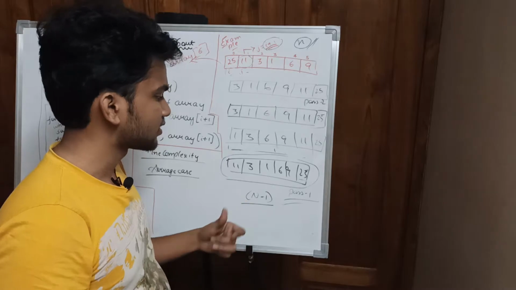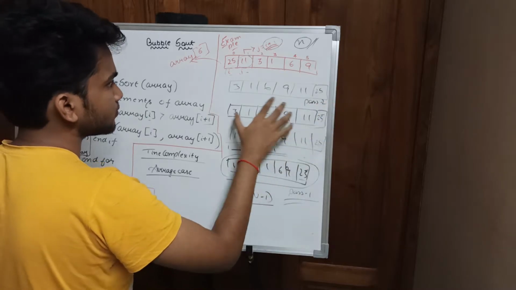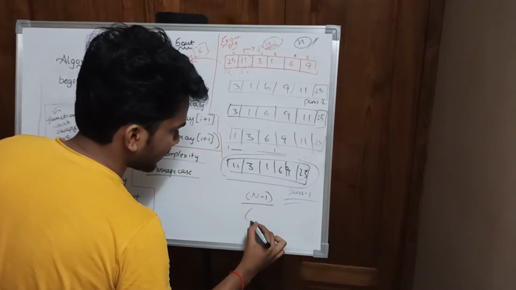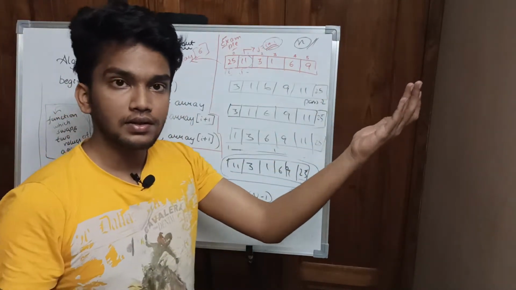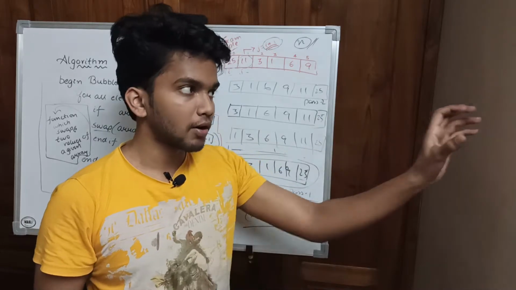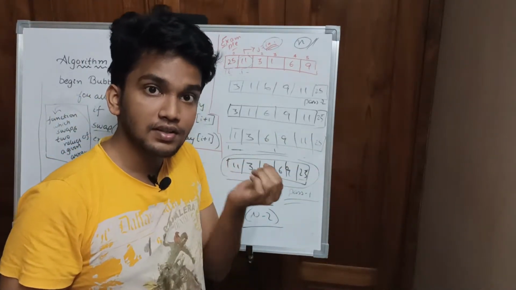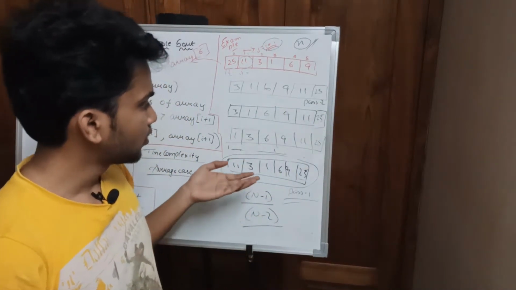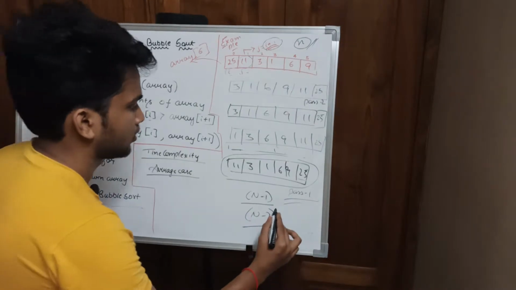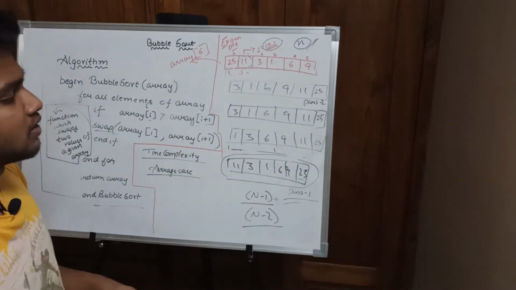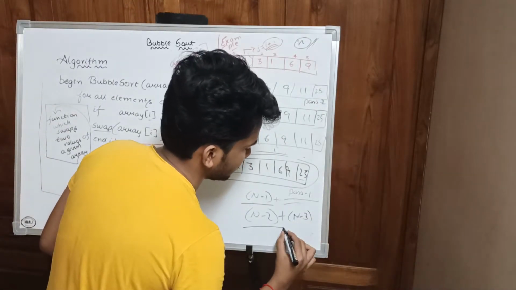n minus 1 comparisons are made in the first pass, and in the second pass, when you start, obviously it is followed by n minus 2, because we know the last element is fixed. We got the largest element and it is bubbled out. So when the last element is fixed and the first element is not checking with itself, only 2 elements are missing from the given length of size n, right? So we will keep on adding until n minus 3 in the third pass and so on.